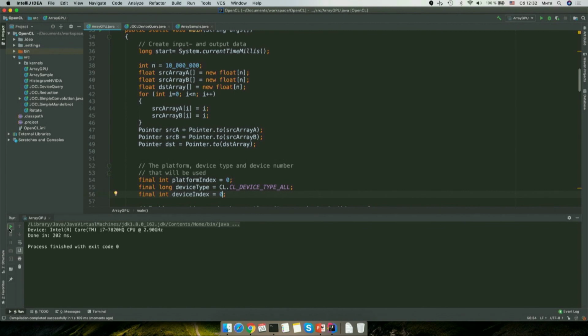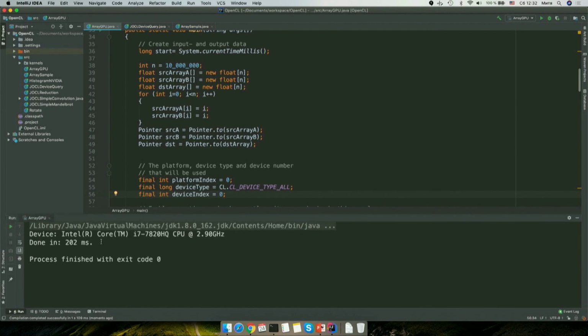Let me check. It's even less than on a GPU. Okay, so why does it happen? It happens just because here we do not copy the data from and out of the processor. It just takes the data, processes it, and puts it back.